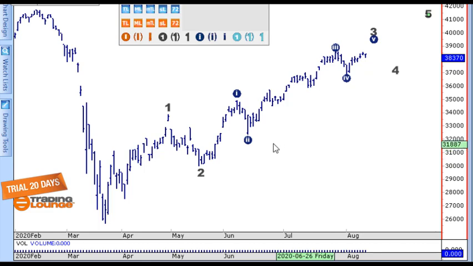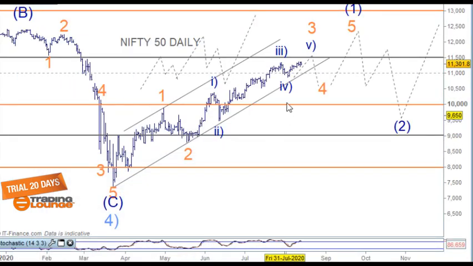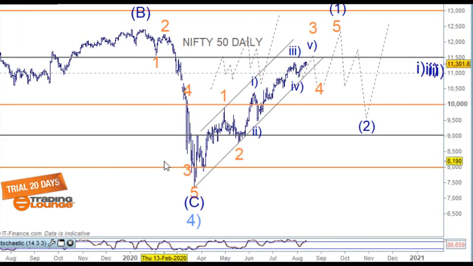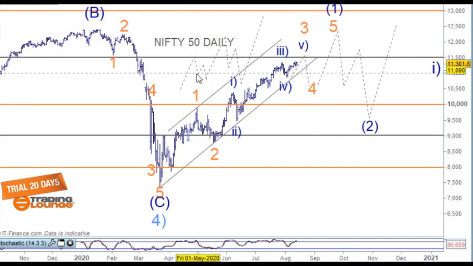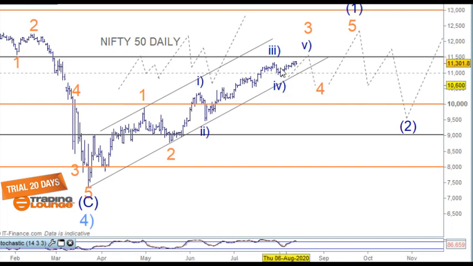So that's the count. It's really quite clear. Shouldn't be a problem. Let's just dive in and have a closer look at this here. So from this wave 4 to this wave 5 here, the extensions in wave 3 here, so wave 1 and wave 5 can normally be the same length, but that said, we are approaching this large number here, 11,500. You wouldn't think that it's a big number or anything, but it plays out. We can just see here the importance of it. It's really the balance point for what's been going on here at the previous high. But let's pick it up from the 4-hour chart